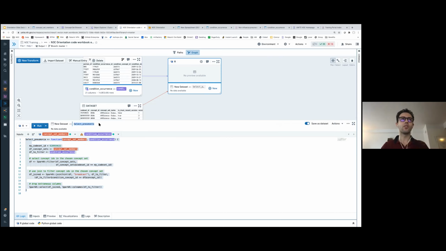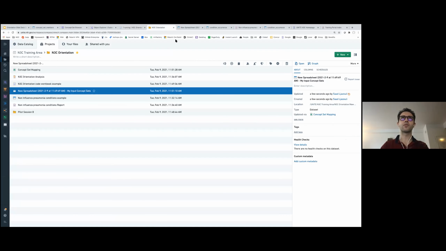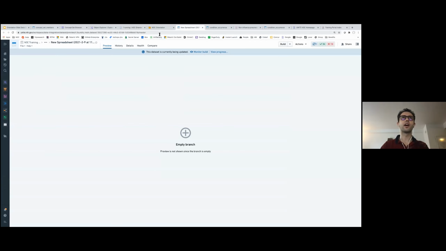So let me call my output data set select pneumonia and run the code again. What this is going to do is write the results of my code into this data set select pneumonia that I can use later. And while this is running, let's check on our